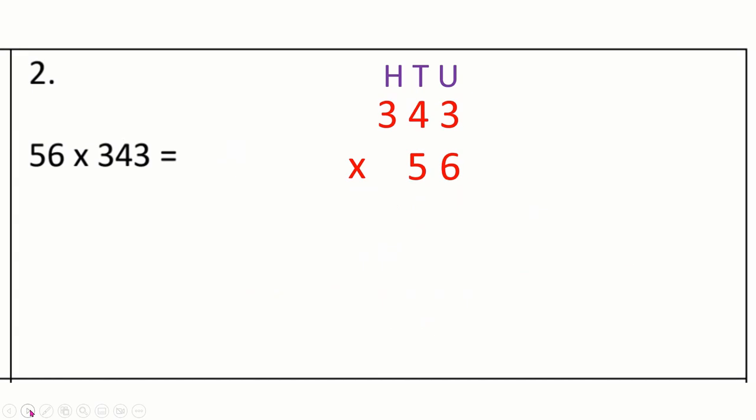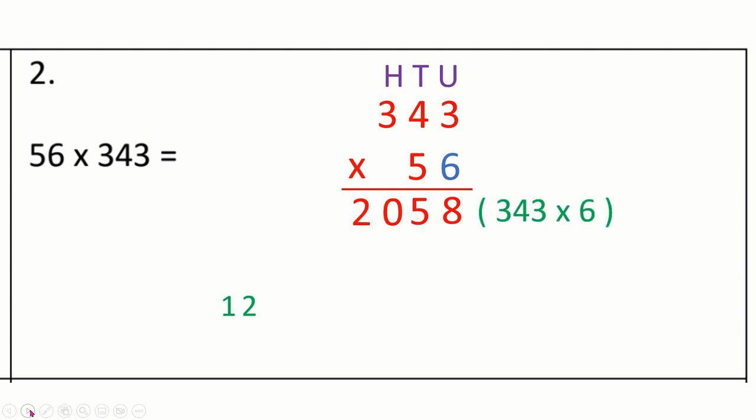343 multiplied by 56. Let's multiply 343 by 6. The digit you're multiplying 343 by is highlighted in blue. 3 times 6 is 18. Put down your 8, carry the 1. 4 times 6 is 24, plus the 1 you're carrying is 25. Put down the 5, carry the 2. 3 times 6 is 18. 18 plus the 2 you're carrying is 20. That's the answer to